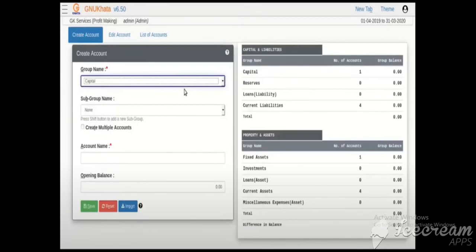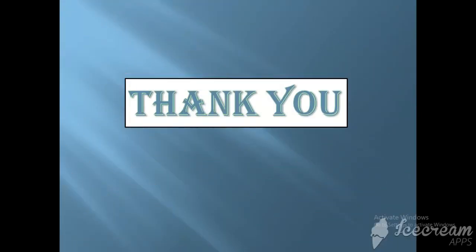That is how Gnu Khata works, and you are able to understand how to create an account in it. If you have any doubts related to this, you can comment and ask me questions. You will better understand each and every term when we do this practical. I will be showing these things in the practical itself, so that you can understand. That video I will also be showing. First I have given you the presentation on how to create the account. After that I will show you the practical session of how it works.